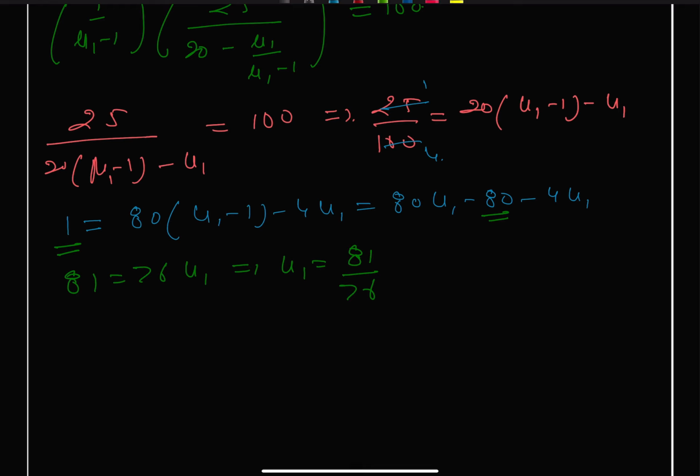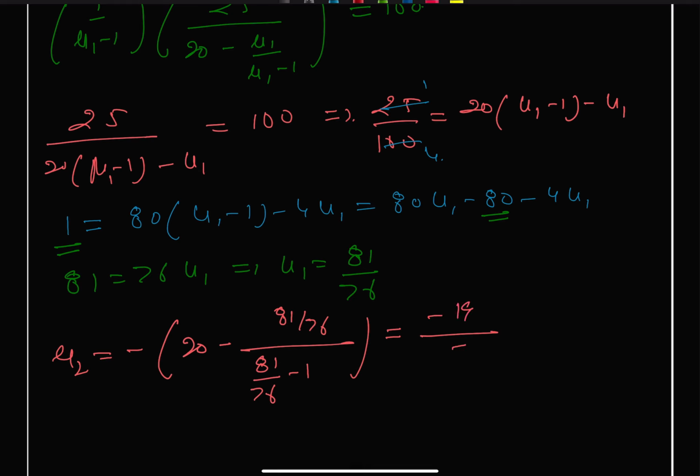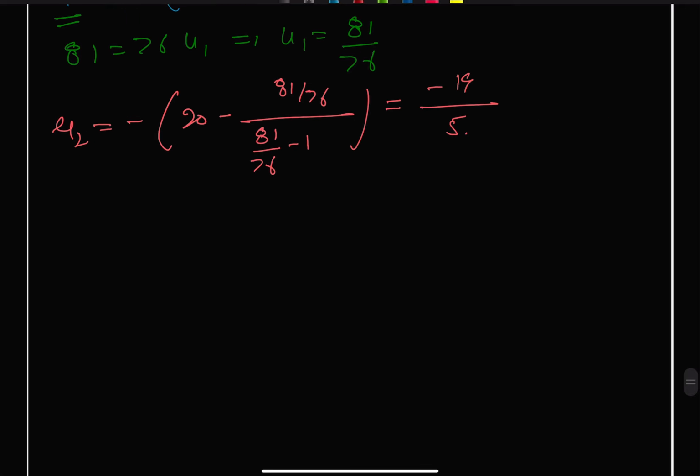and we need to find out our u2. So we get our u2 will be equal to minus of 20 minus 81 upon 76 divided by 81 upon 76 minus 1, which comes approximately equal to minus 19 upon 5. Now we can easily use the lens formula. We got our v2 as well as u2. Therefore, we can say that our